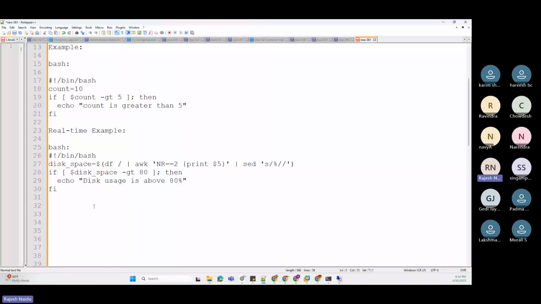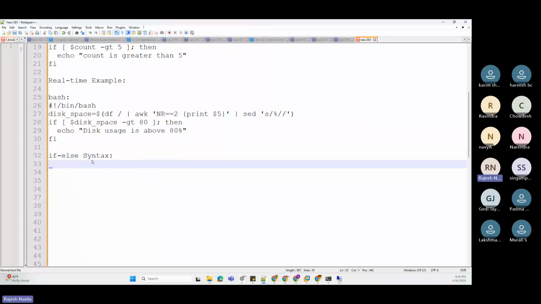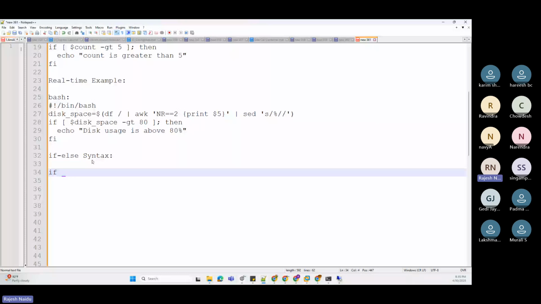The next concept is if else. So what is the if else syntax? If, square bracket, in this put the condition,